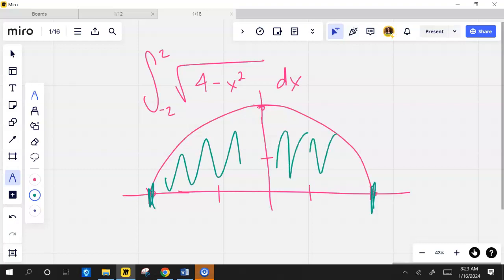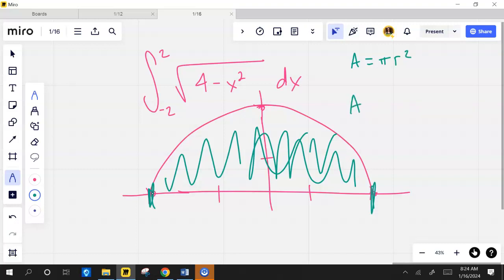So if I was asked to do this using area, and I need to show all my work, which you'll have to do, right? You can use your calculator to check, but you got to show all your work. So what I want to do here is find half the area of a circle. Well, how do you find area of a circle? Pi r squared. So half of a circle would be,